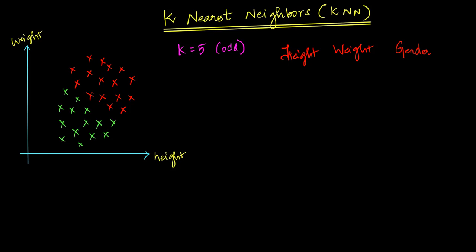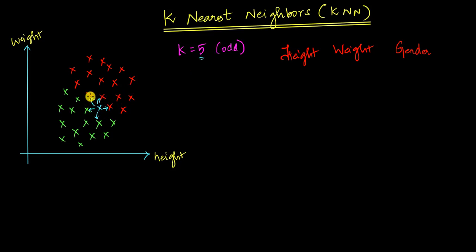So let us imagine that we get a new point here, a new point which is not in the data set, and we need to predict whether this particular point is male or female. So what we need to do is take the 5 closest points near this particular point. One of the closest points is this x, and the other closest point is this, and the next closer point would be this, and there are 2 other green points that are closer as well. So we just took the 5 closest points to the new point, and that 5 is nothing but the k value that we took here.